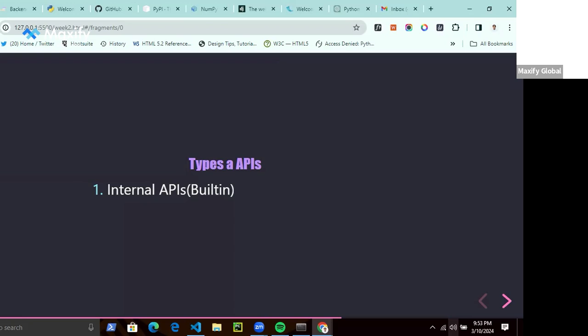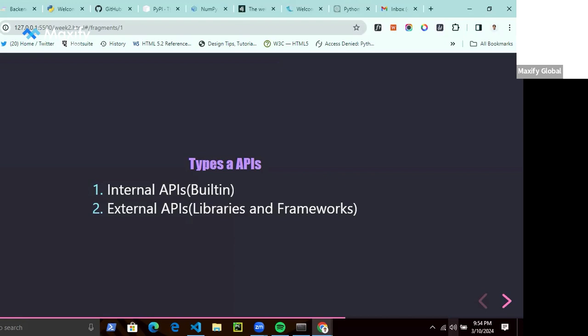Okay, they come built-in. In Python, we call certain things standard Python libraries, standard functions. These are built in. They are all examples of internal APIs. The print statement, the input statement, the sort, even methods we run on data structures. These are all examples of internal APIs, and they are built into every programming language. So we have external APIs.